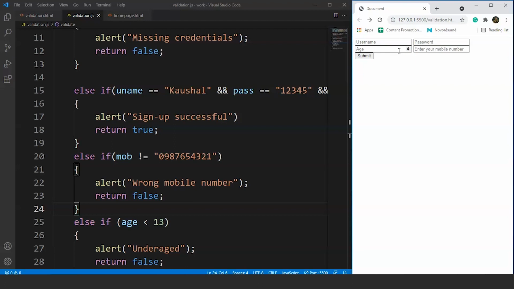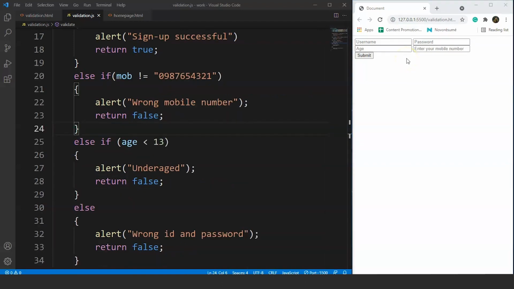Now the next thing we'll be doing is pretty simple as well, but for that method one should have a clear understanding of regular expressions in JavaScript. Now we'll use regex to validate the user's phone number. And if you haven't watched the previous videos on regular expressions yet, I suggest you go through them before mobile number validation in JavaScript, and this task of validation will be so easy for you guys.